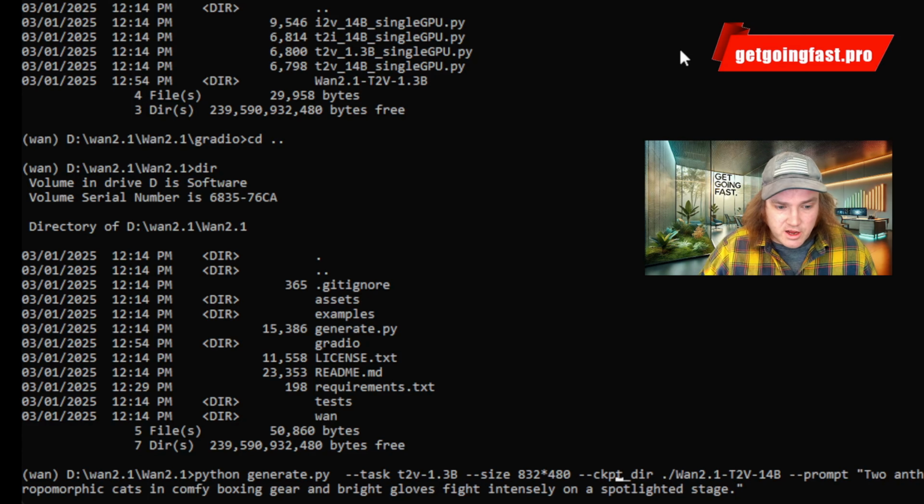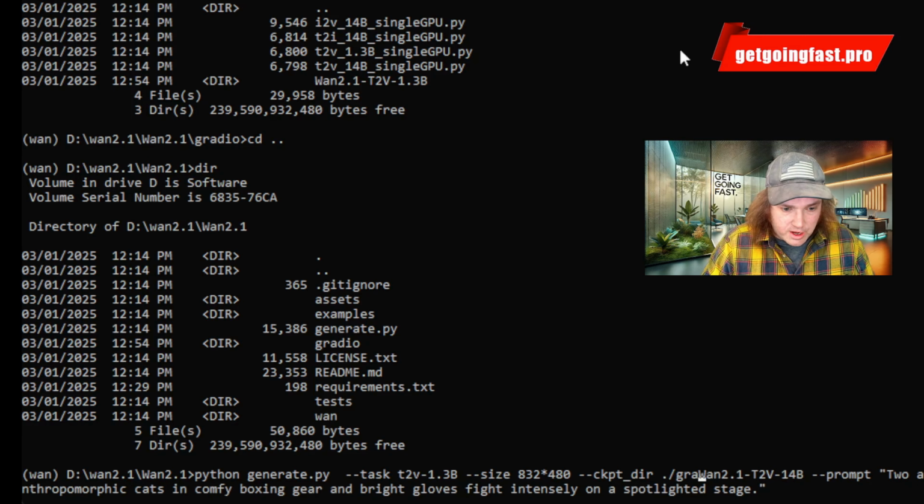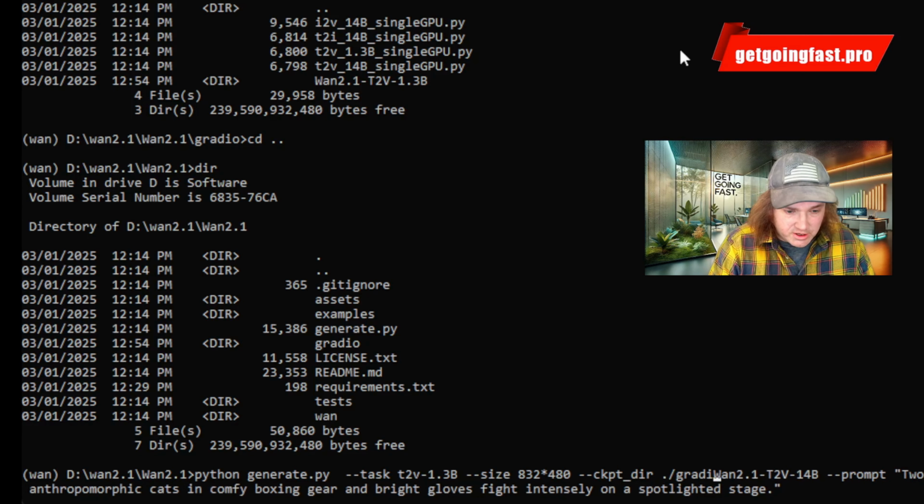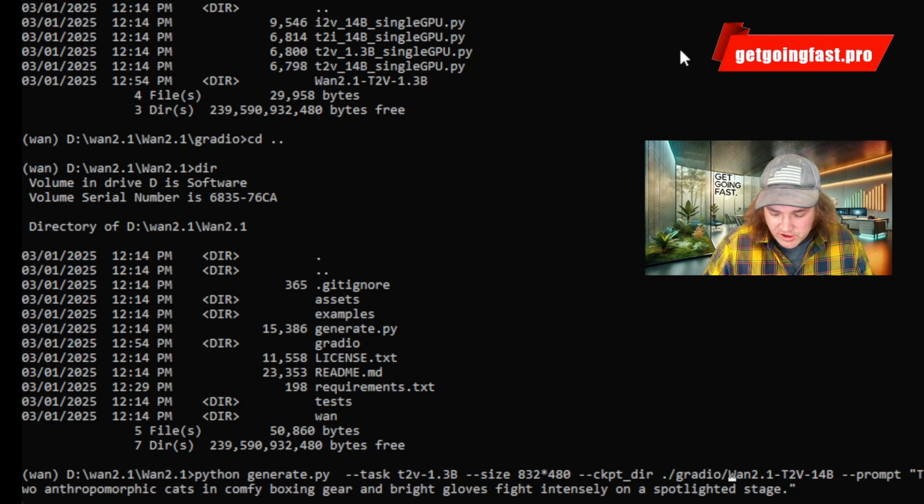Now we're going to say the checkpoint directory. This is where it's going to be looking at that folder we just downloaded. But remember, it's in the Gradio folder. So dot means this folder. We're going to type in Gradio, that's the name of the directory. Then we're going to put another slash. And then we've got to change out this name because we didn't download it. It's going to look for the folder, but that's not the folder we have. We have this folder,